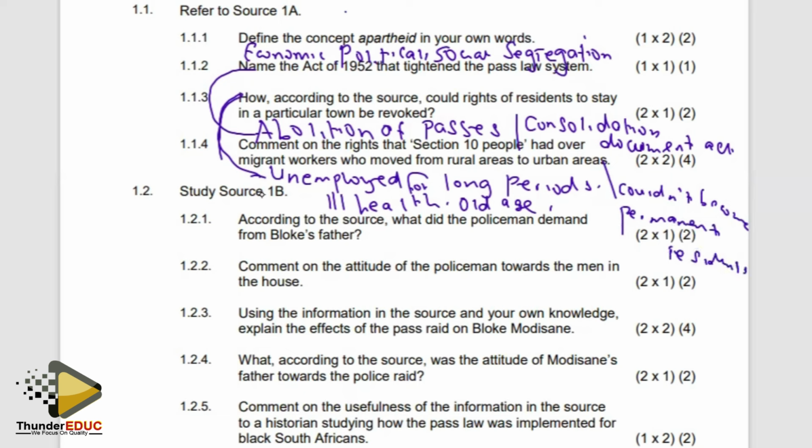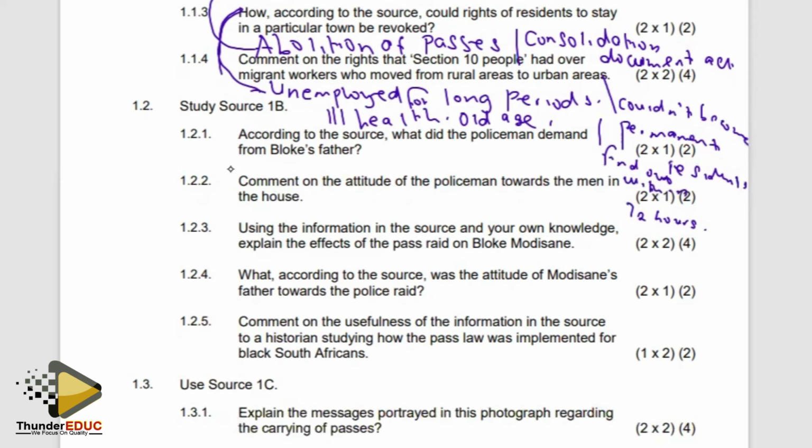Another one is they also had to find work within 72 hours in urban areas. And then also, no African could leave the rural areas without a permit from the local authority, meaning they had to carry their permits everywhere they went. All right, so let's look at